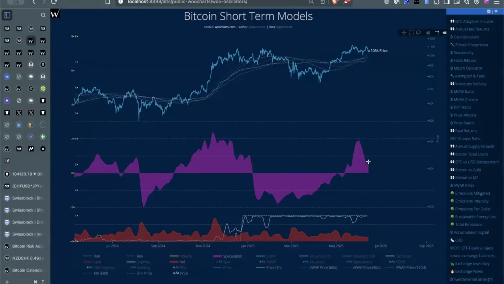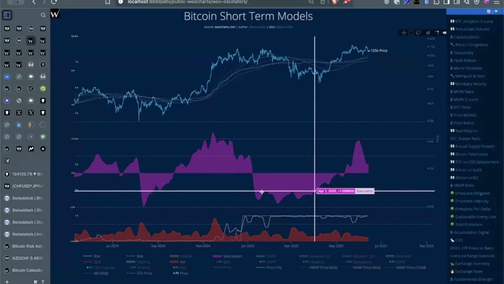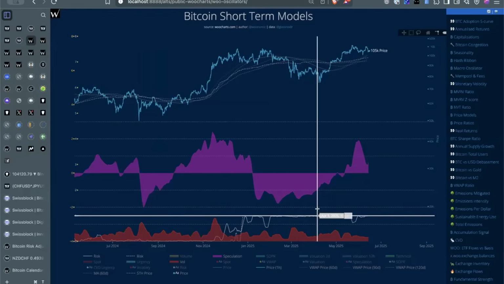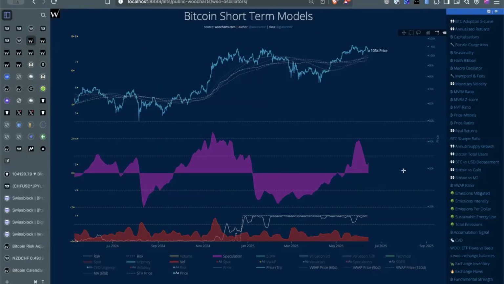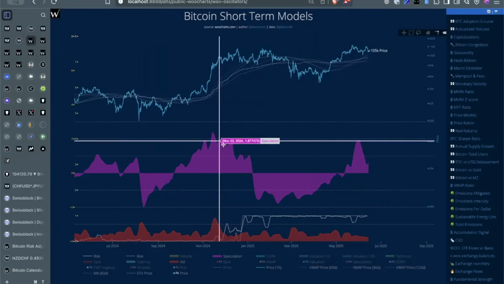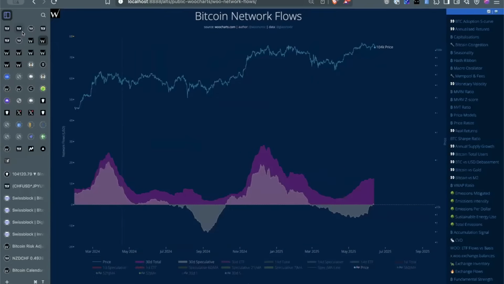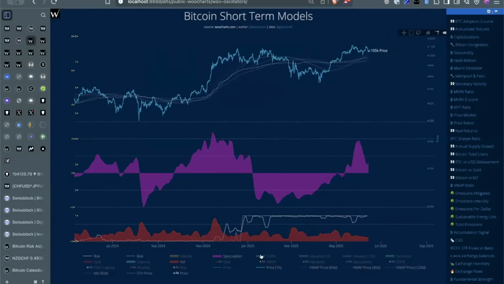Actually, there's a little bit of an uptick right now of more people buying long positions through paper trades. So I'd want to see this get below the baseline here, ideally down into here, before we're really good for a swing upwards. You can see whenever we're in the zone where we've purged all the paper bets out of the market, Bitcoin is free to move upwards from real investments without parasitic hitchhikers on the back of it.